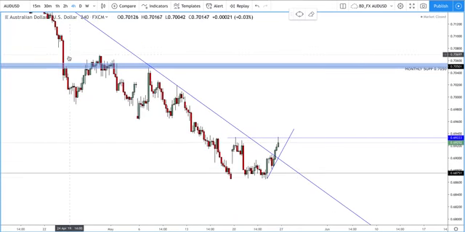So for instance, this is a lower low, lower high, lower low, lower high. We didn't make a lower low here, but see how the lower high is below this lower high. If this lower high broke above this lower high, this whole trend would be invalidated. So we made a new lower low.